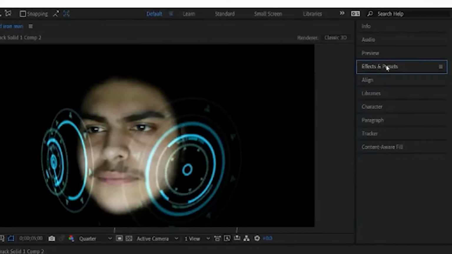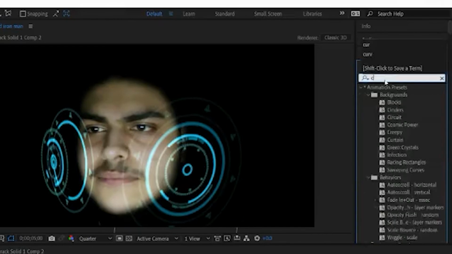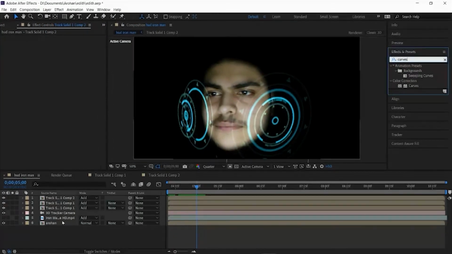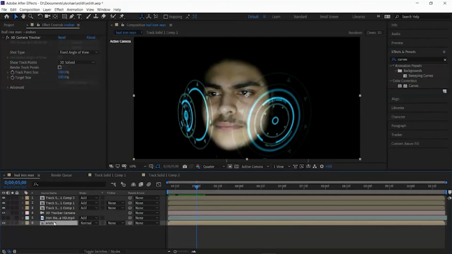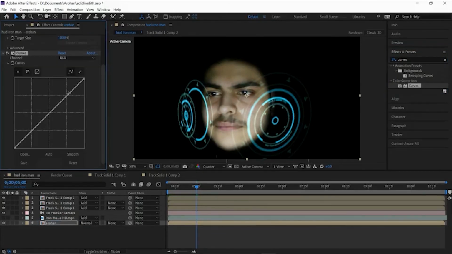search for an effect called curves. Make sure that the layer on which the original video is, just drag and drop the effect called curves on that layer. All right, then you'll get something like this.